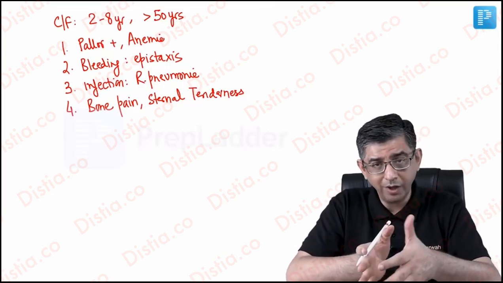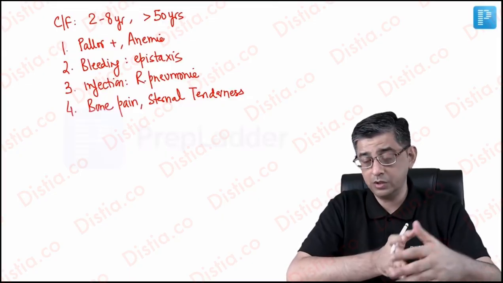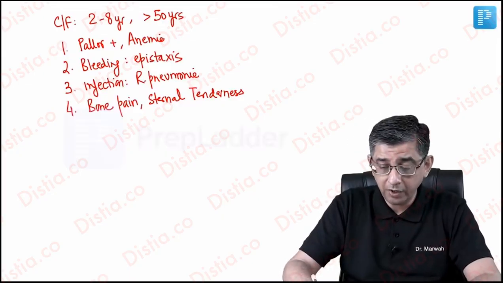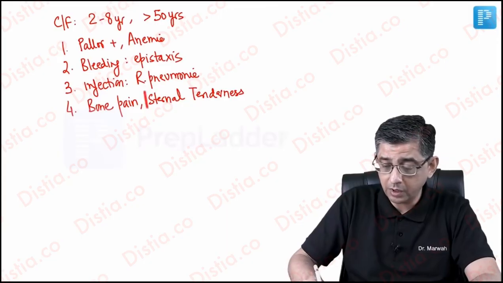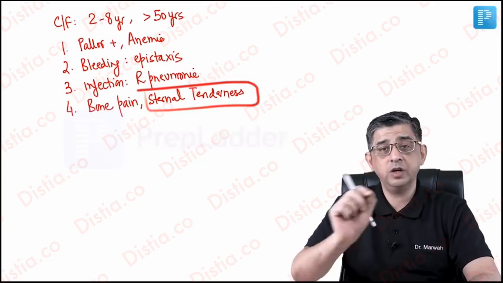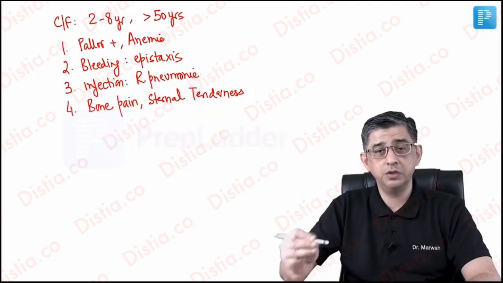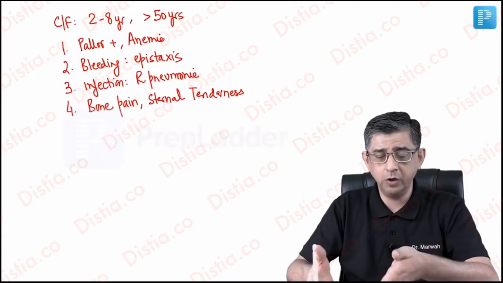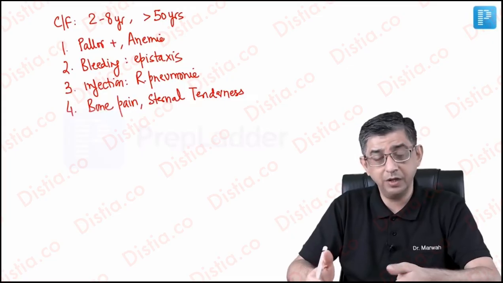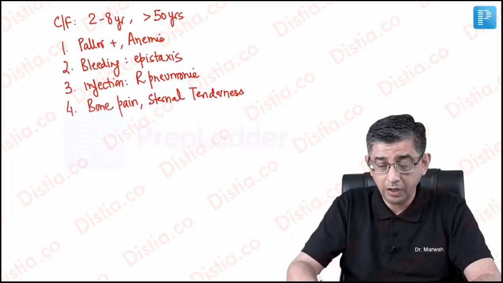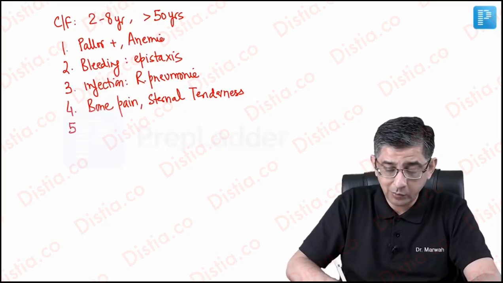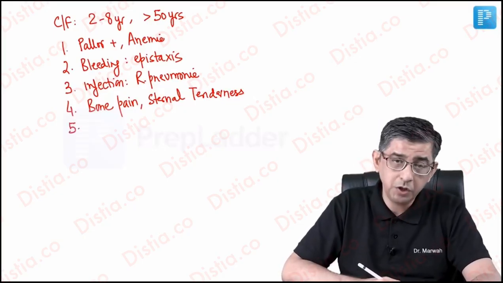So they're going to stretch the bone marrow, and the stretching of the periosteum contributes to pain. So every time you read the words sternal tenderness in a child, you know the question is talking about acute lymphoblastic leukemia, considering that I've described the age and the routine manifestations. And if the diagnosis is not made at this point of time, then there would be dissemination of the disease